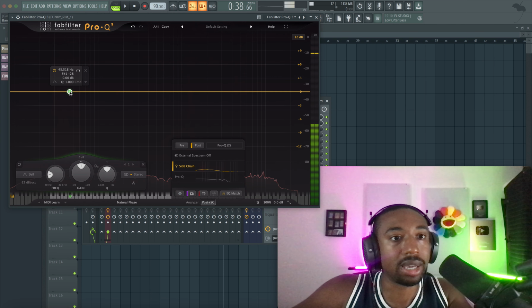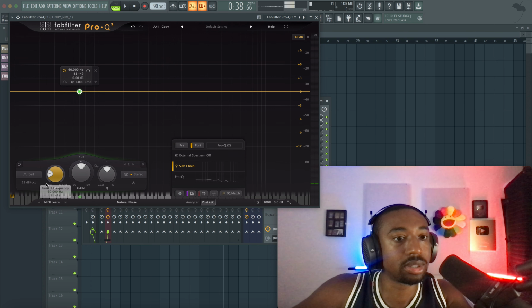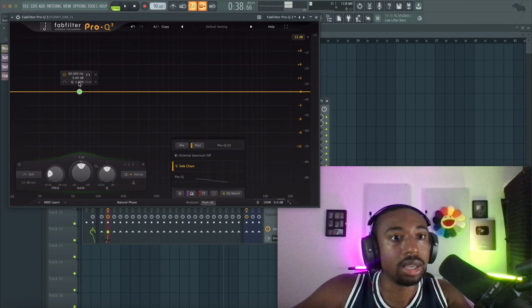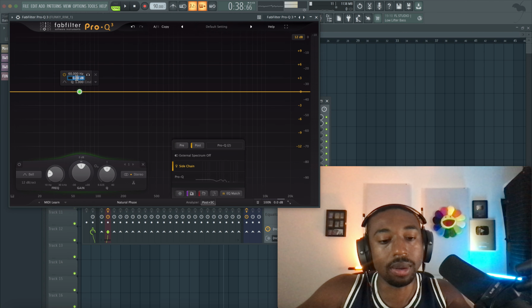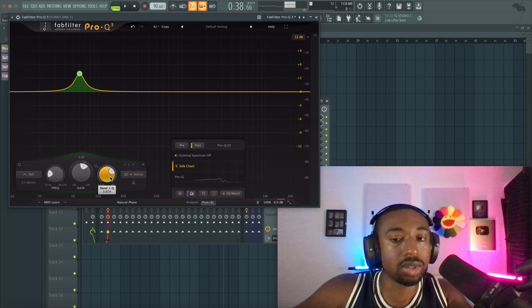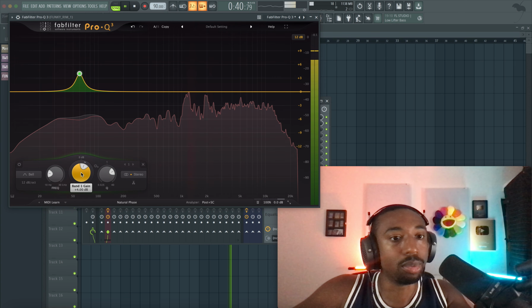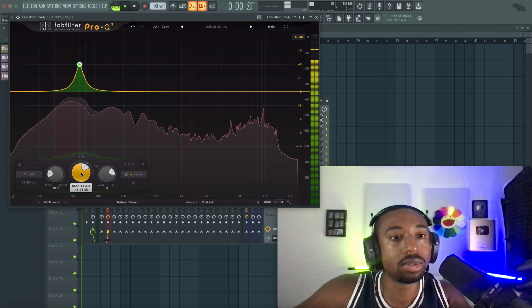Now, if I want more beef in my kick, I'll just double click. The cool thing is it's very fast. It's very easy to move around fast in here. So I'm just going to add 60 Hertz. We're going to turn off the little keyboard thing. And then we're going to boost this 4 dB. And then we're going to use the mouse wheel to tighten up the Q, so that we're focusing just on 60 Hertz. And I'm going to boost until that kick really comes through.